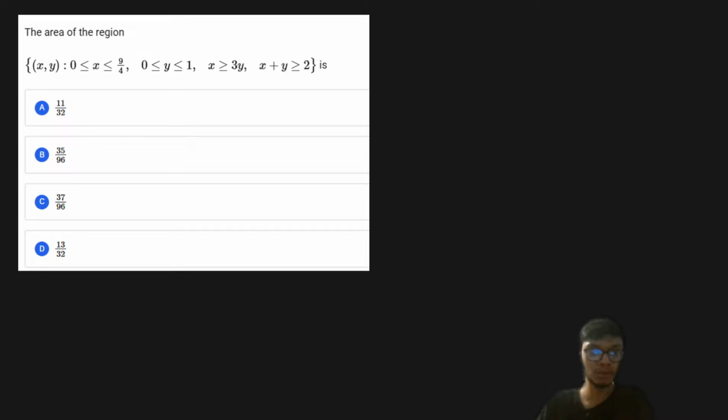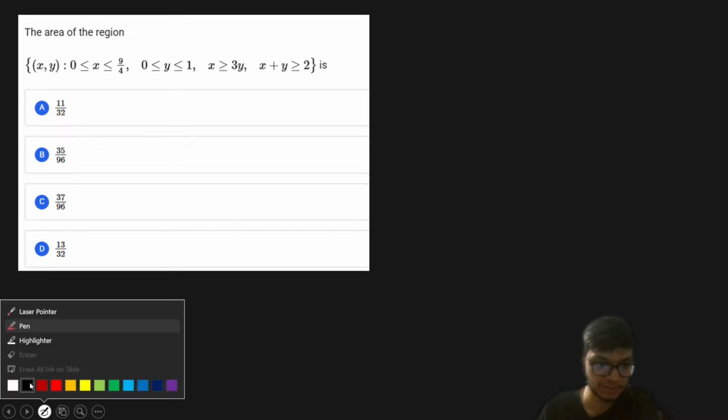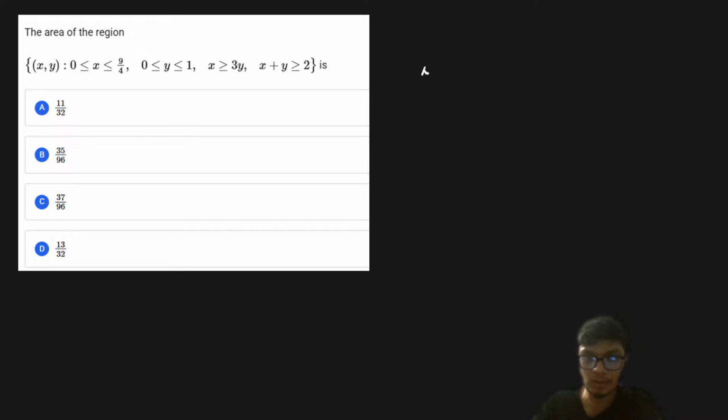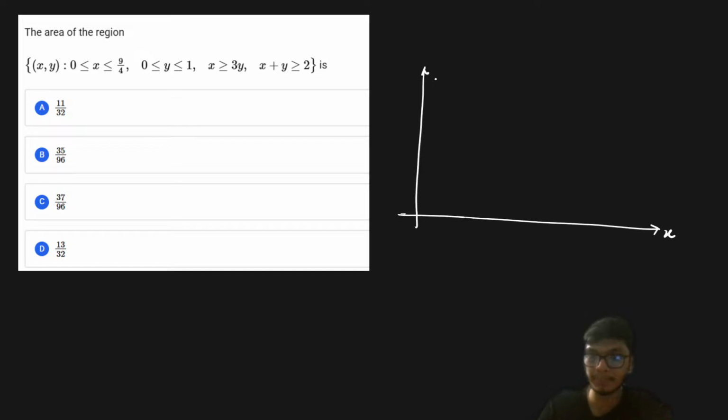Okay, so if we try to analyze these particular regions over here, it's a very straightforward problem. Okay, so let us try to do the inequalities or the bound of the inequalities step by step, and from that we'll try to analyze the given region or the area. Okay,